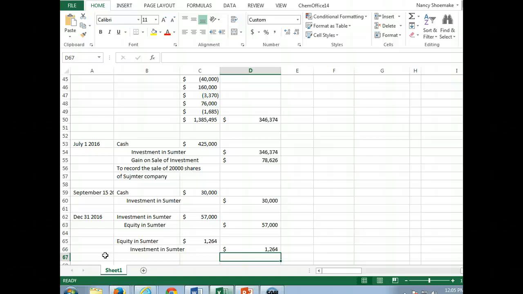That, in a nutshell, really goes through how we allocate the purchase price, then how, if we increase our percentage, we have to retroactively state it, and then when we sell a percent, how we have to calculate that piece too. It does it all. Wow. And that is about